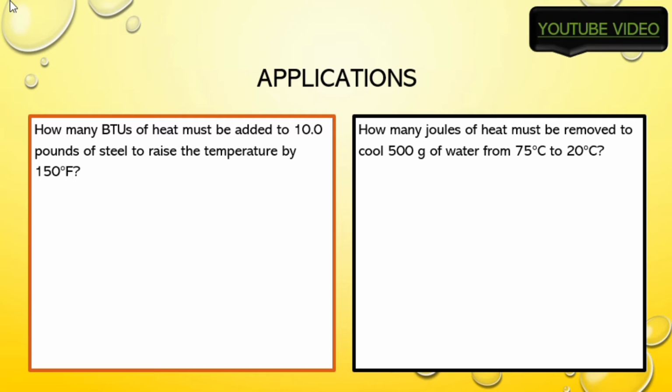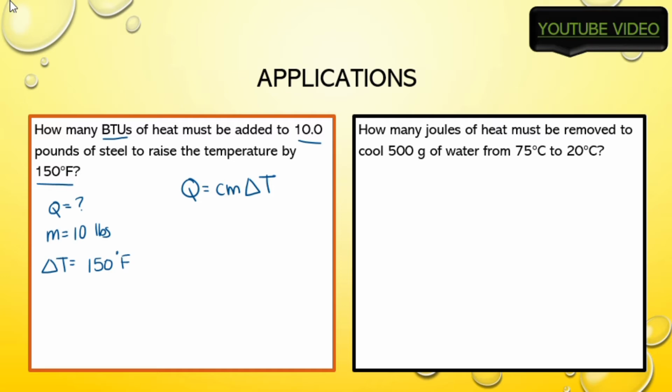So the first question, how many BTUs must be added to 10 pounds to raise the temperature by 150 degrees Fahrenheit? So just writing, we're looking for the heat transfer, the BTUs. We know that the mass or the weight is 10 pounds. And this is a change in temperature, right? Raise the temperature by means it's already a change in temperature. So this one's pretty straightforward, 150 degrees Fahrenheit. So my formula, Q on your formula sheet,